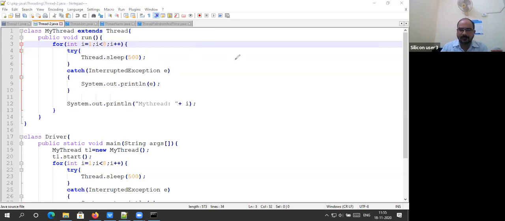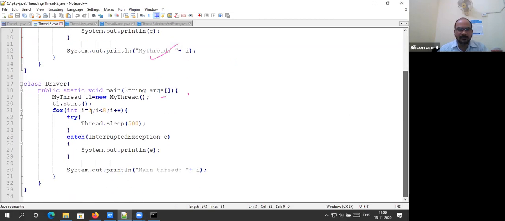It displays, for example, main thread 1, then sleeps for this many milliseconds, displays 1, sleeps for 500 milliseconds, displays the next number 2. Likewise. The main thread also has the same task. I am assigning a similar kind of task to the main thread also. The main thread also displays the numbers 1 to 7. Right? Let me execute this program.